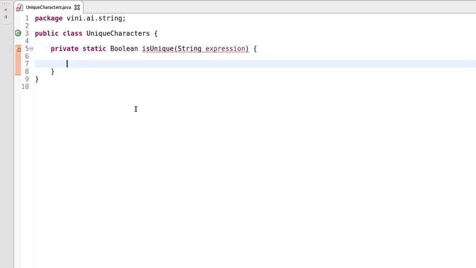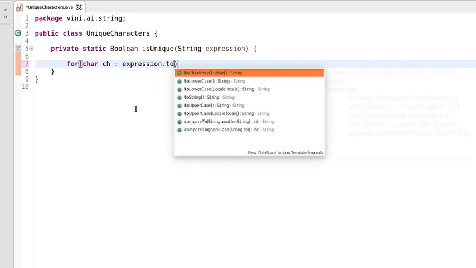So in this method we will be iterating each character of this string expression, and we'll check whether the occurrence of the current character is more than one or not. To do that, let's use a for each loop and convert this expression into a char array.